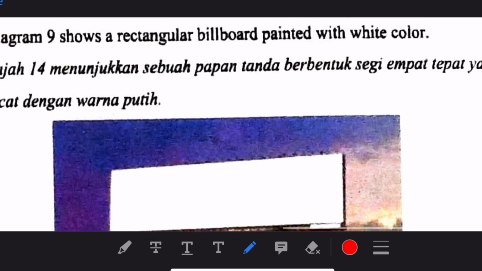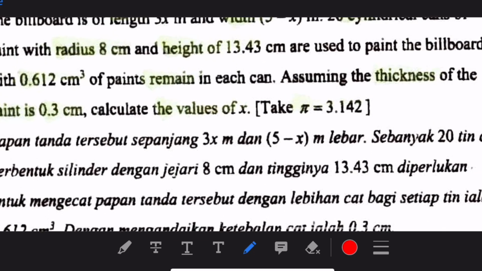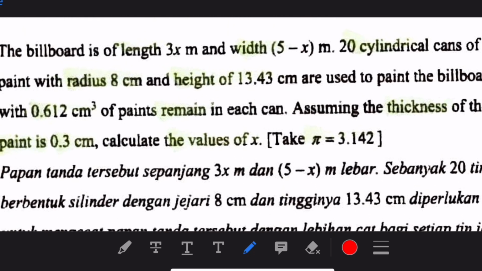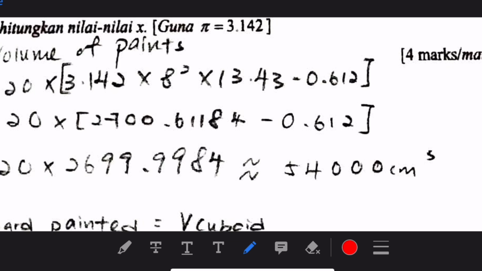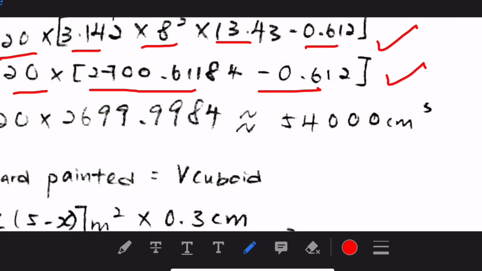Okay, this one is actually a very good HOTS question that I in fact created a special video to explain. It's about a billboard with length 3x and width 5 minus x, and 20 cylindrical cans with a volume leftover. Remember, if you forgot, you can refer to my previous video. So then we calculate the volume for the 20 cans, minus the leftover one, so the total volume is